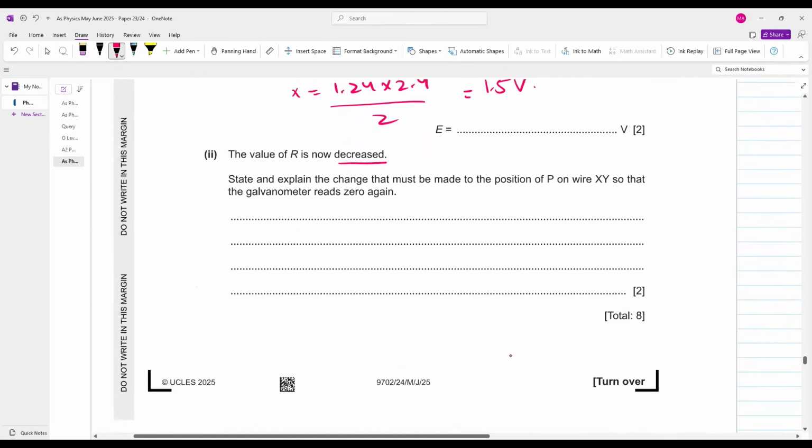State and explain the change that must be made to the position of P on wire XY so that the